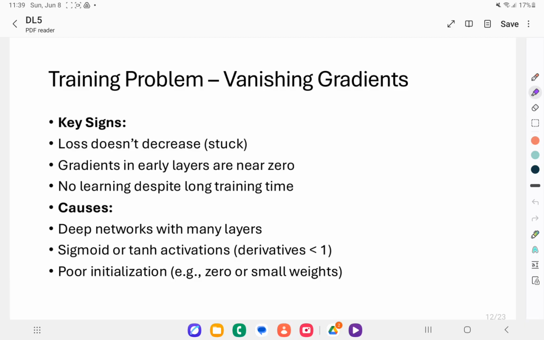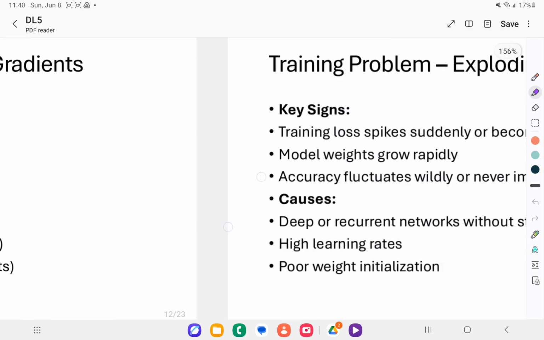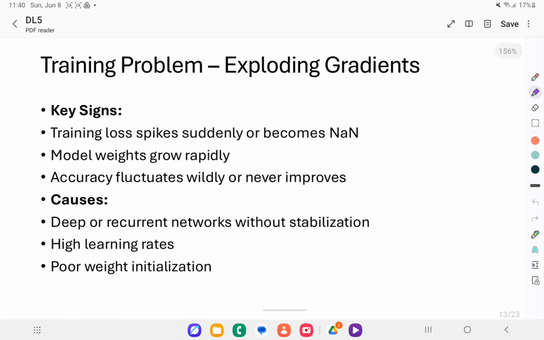So to fix vanishing gradients, we use ReLU activations, which do not shrink the gradients in their active regions. You can also use better initializations like the He initialization, and applying batch normalization also helps to stabilize activations. Now the opposite is exploding gradients, and